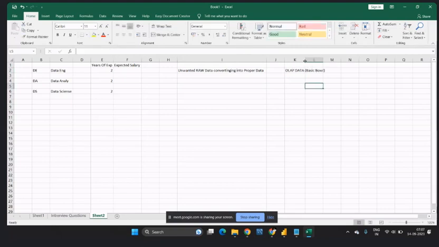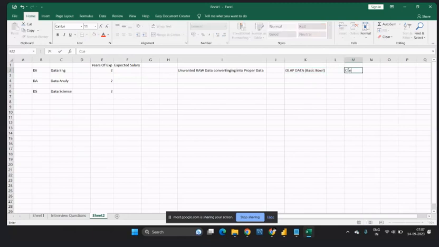Like this basic bowl, you will keep overall the data. After that, what you need to do is cleaning, right? You need to clean it, or else add flavors, or else add whatever else you need to add. This all belongs to transformations of the data. We have to call it transforming data.